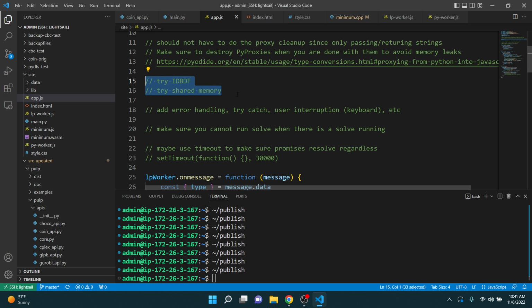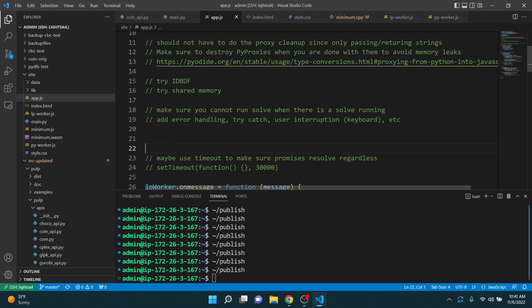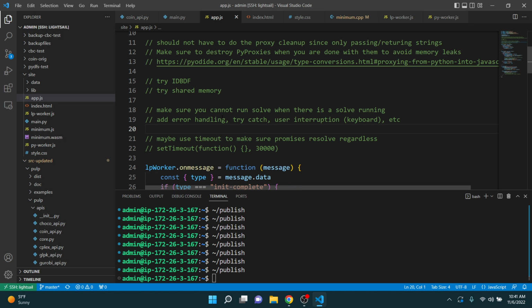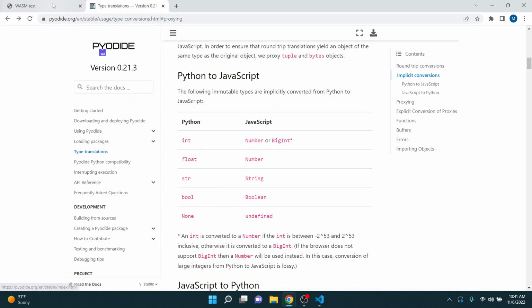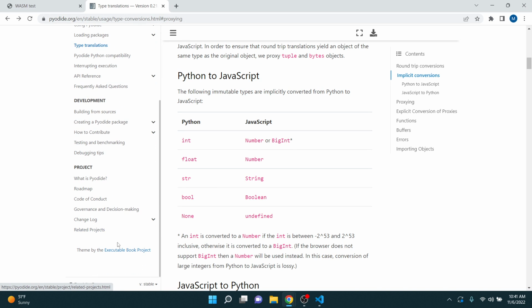I'm liking how it's working right now, especially with the new web worker setup. So these two are definitely important. Let's work on these right now. Let's do this one first. I think this will hopefully not be too difficult, and then we'll do this one second, which I think I'll have to get into